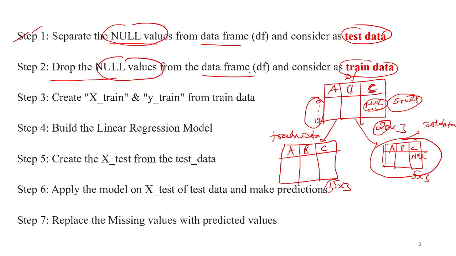Drop the null values from the data frame. So this is the main data frame and considered as the train data. So this part can be considered as the train data and this part can be considered as the test data. So step 3,